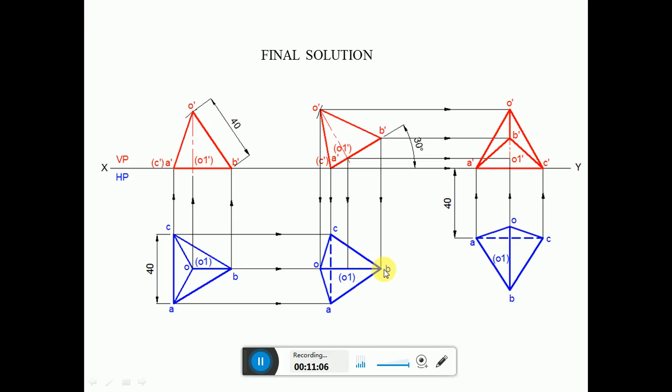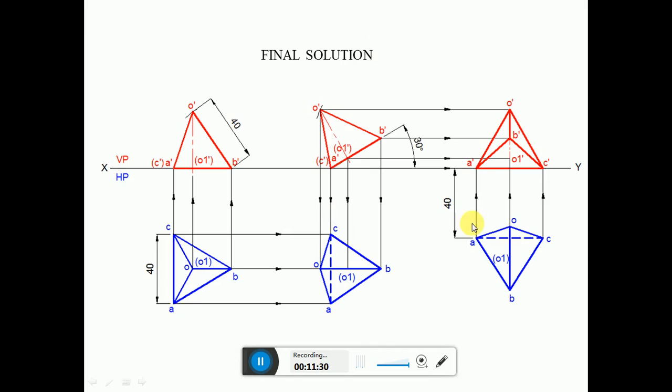From B you measure the distance from B to O1. From B you mark that point O1 here, and also from B you measure the distance from B to O, and from B you cut an arc on this to get this point. So then complete the third position top view, including both visible and invisible edges, exactly the similar way of the second position top view. Once you do that, then we need to draw the front view.